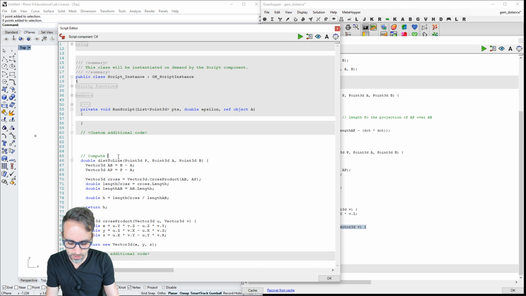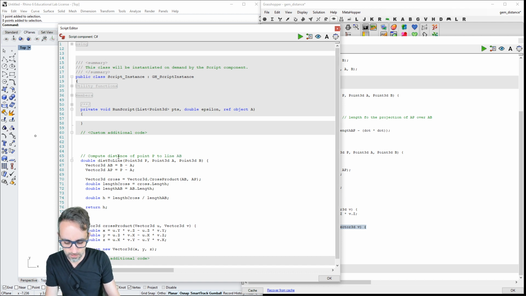Compute distance of point B to line AB. Compute cross product of two vectors, for example.